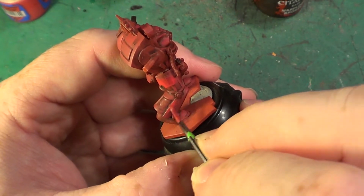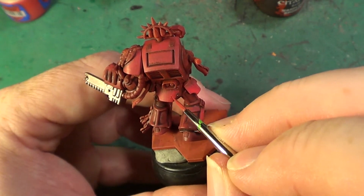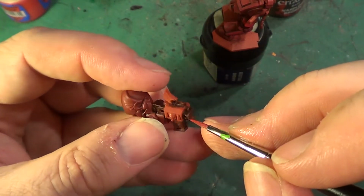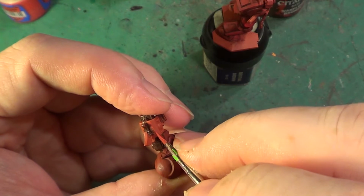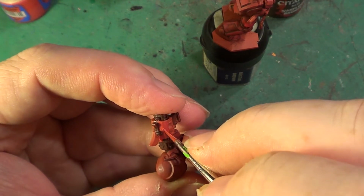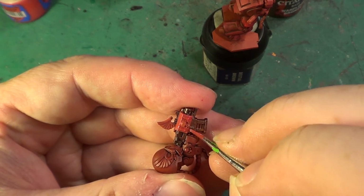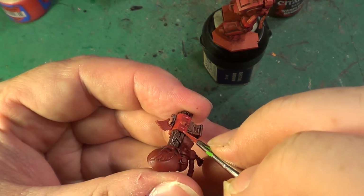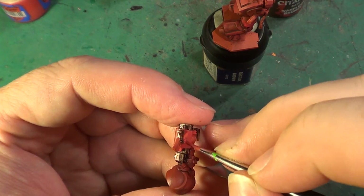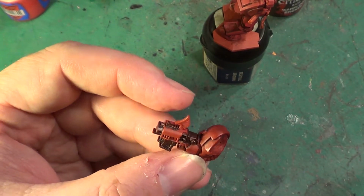So I'm just going to stop on the main body now, and go over to the gun. Now the gun here is going to have the red that we've come to identify with the Blood Angels. And that's just going to be on